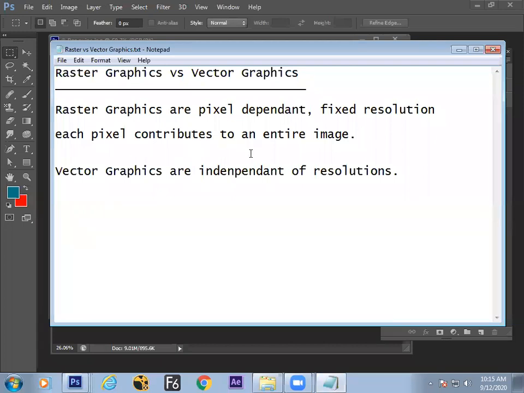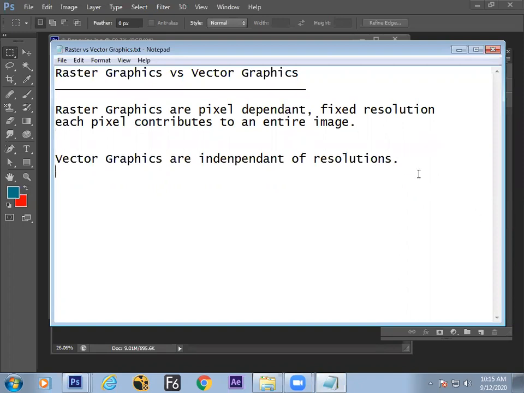If you have a 10 pixel raster image, it is fixed. But vector graphics is independent of resolution. Resolution means it may have any number of pixels, infinite. So the main difference you will find is when you are scaling up, we can increase the size to infinity.